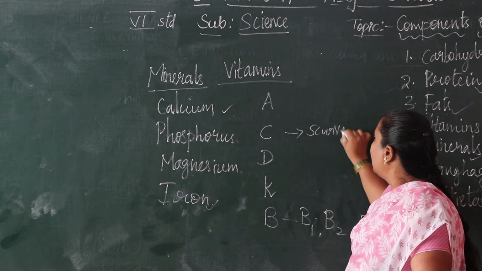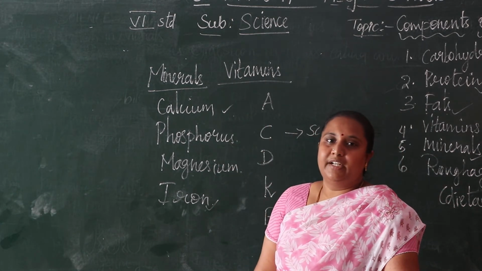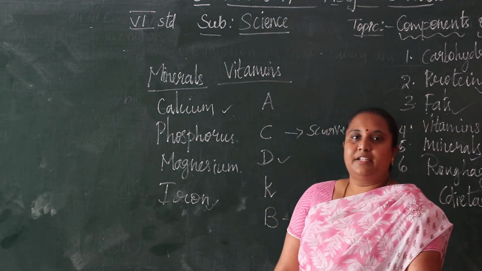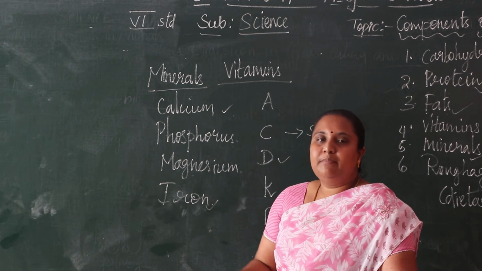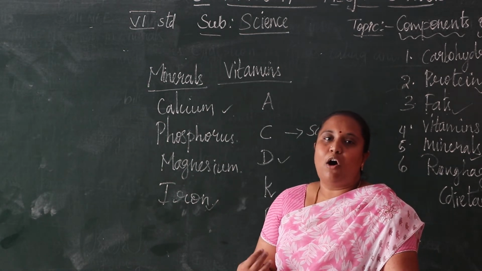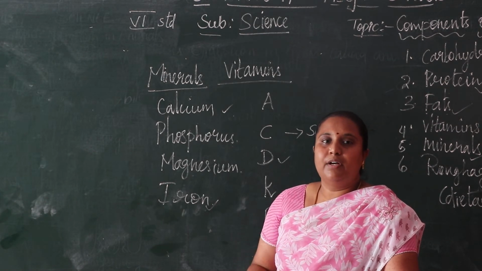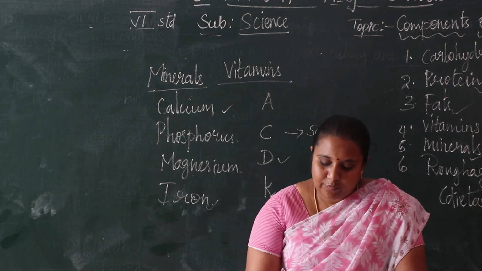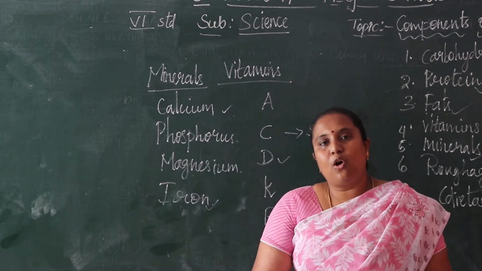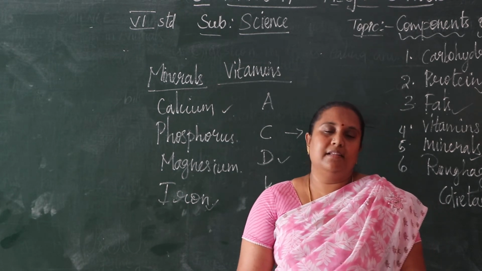So all the vitamins are important. Vitamin D we are getting from the sunlight. All the vitamins are important for our health, for the growth of organs and growth of other parts of our body. We should keep our body healthy, strong and healthy. For this, we want to eat a balanced diet.